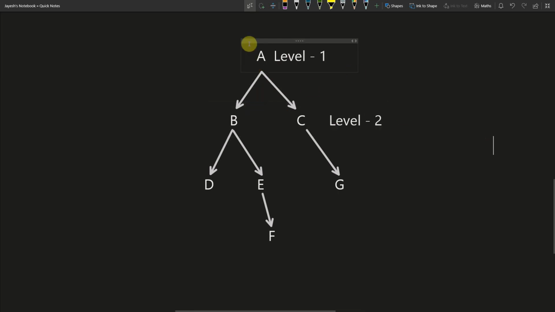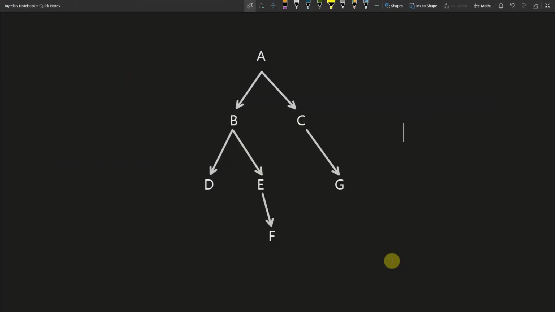Let's say we want to find C. First it will try to find our node C in level 1. When it fails, it will go to level 2. It will search for B and then C, and if it finds C, it will just return, and now we have found our node. It works similarly no matter how many levels we have.